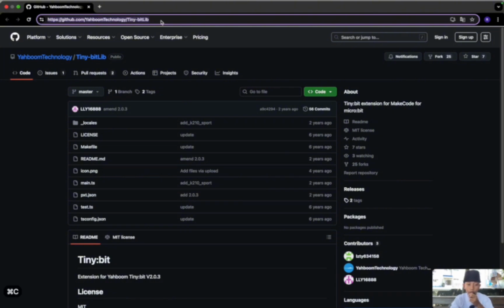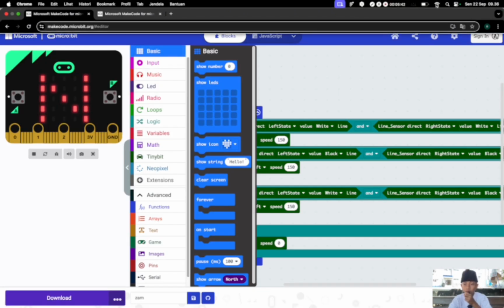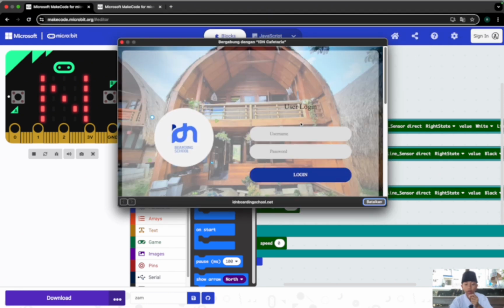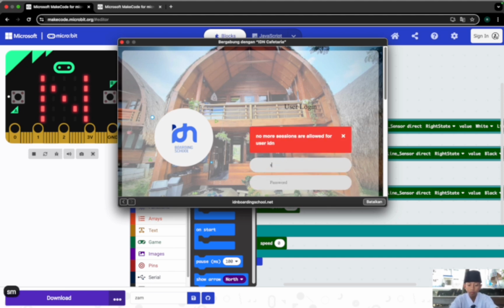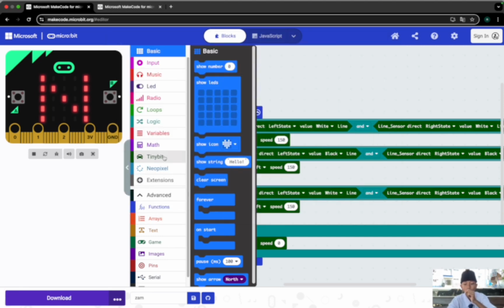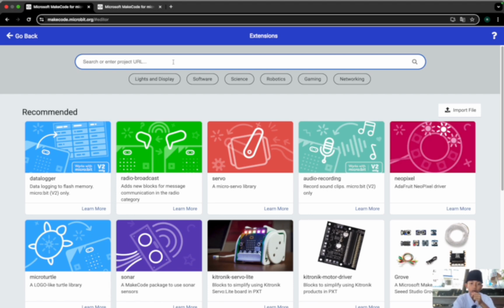We can copy and paste it in extension, but first I want to connect to the internet. If already, we can go to extension. If I connect to the internet, we go to extension again and paste the link or the URL.